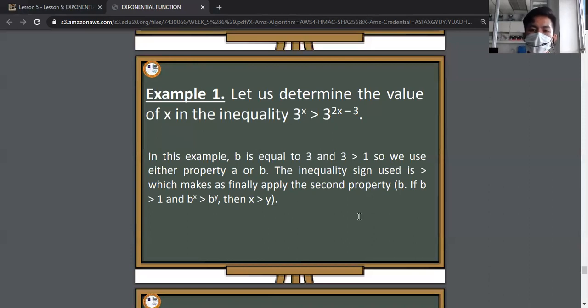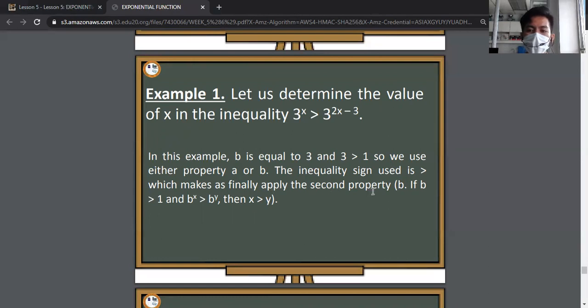So, para maintindihan po natin, magbibigay po ako ng example. So, let us determine the value of x in the inequalities. So, our equation will be 3 raised to x greater than 3 raised to 2x minus 3. So, in this example, b is equal to 3, then 3 is greater than 1. So, we use either property A or B. The inequality sign used is greater than, which makes